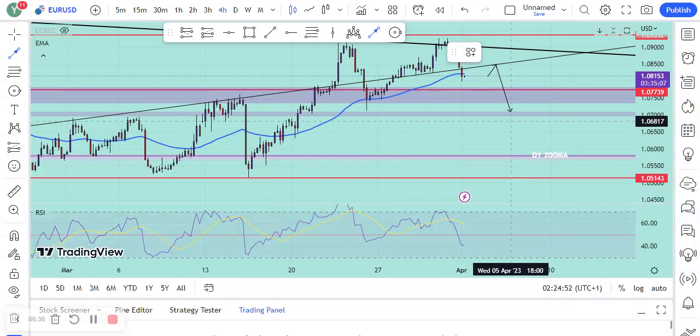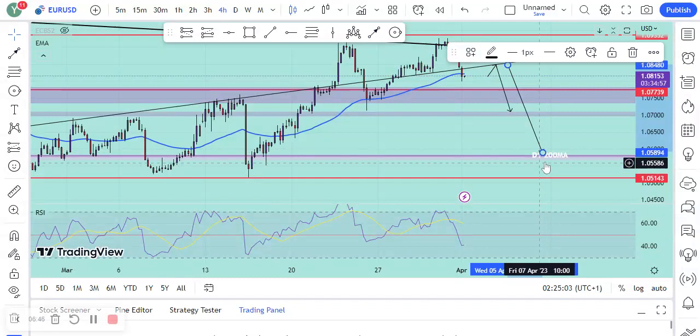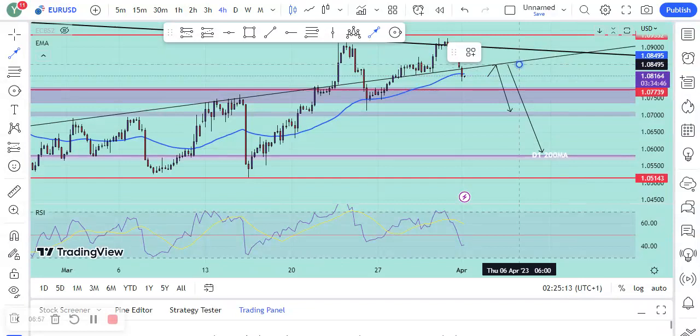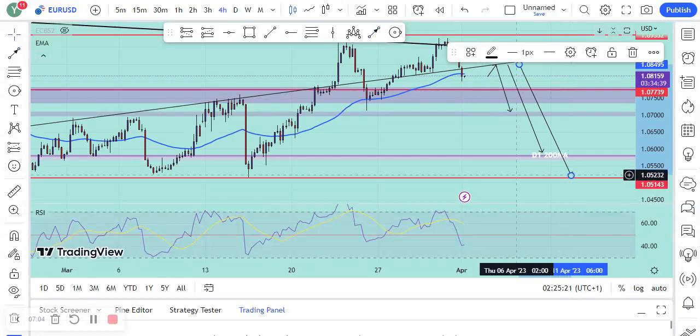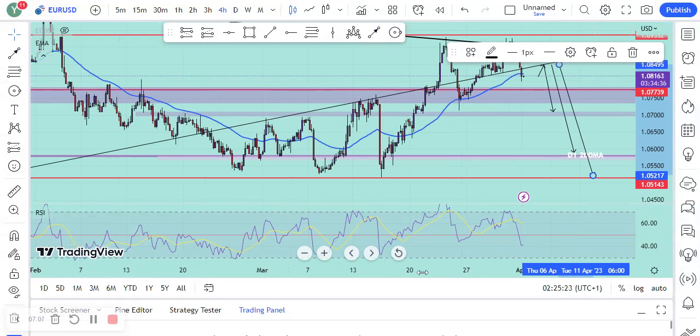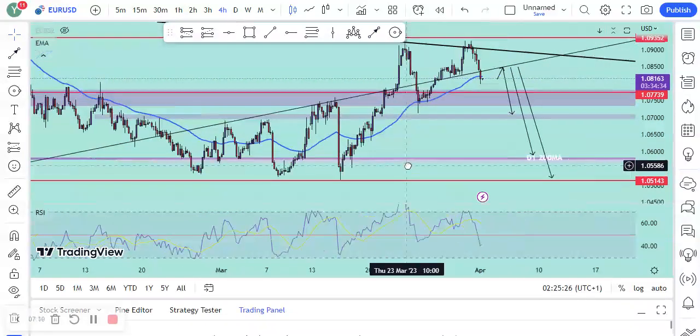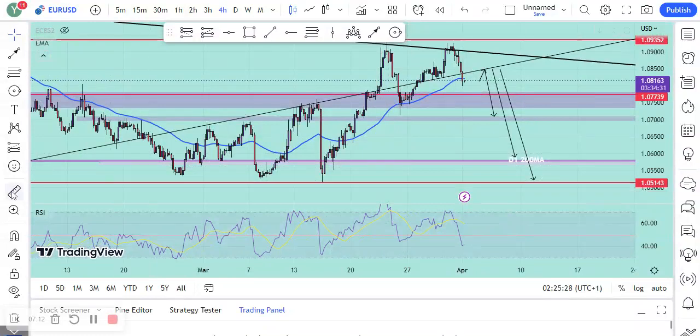Then, if possible, later break it and come down, test the 200 moving average. The daily 200 moving average is somewhere around there. Test it, might give us a reaction, then break down to this zone, which will be the major neckline of the daily time frame. So if you look at it properly, we should expect